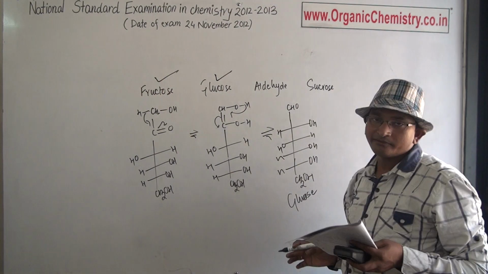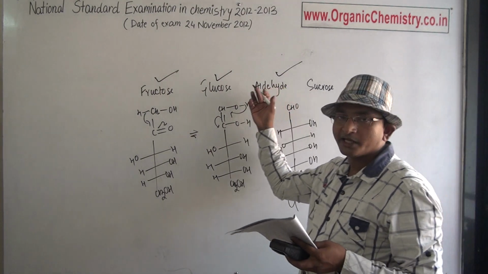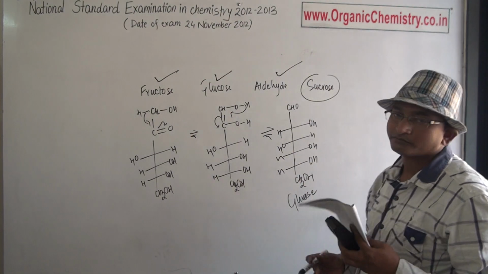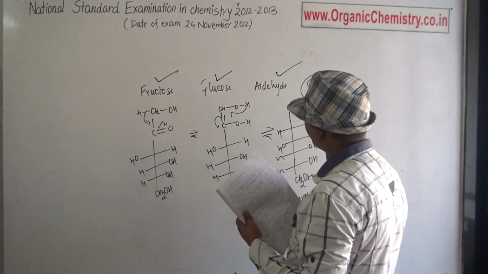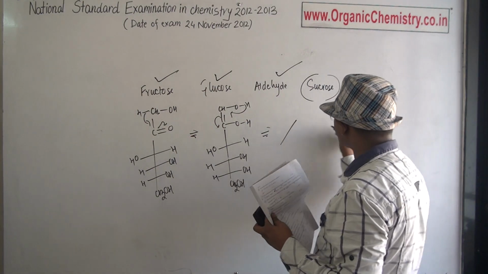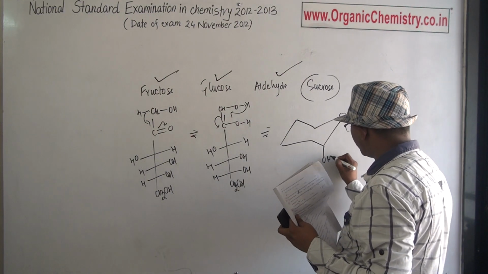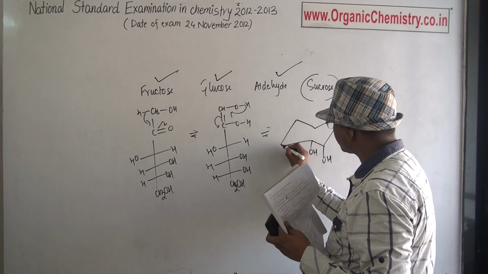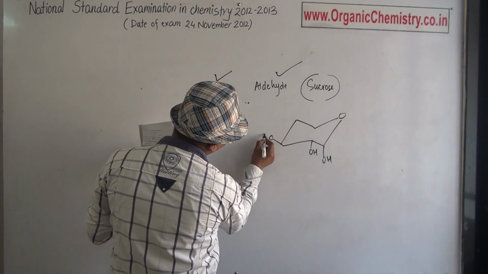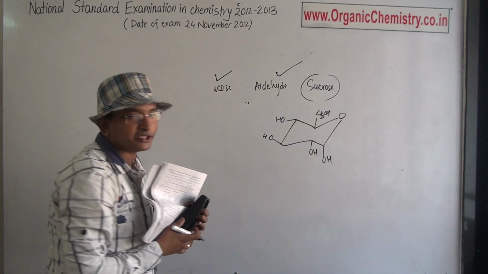This glucose has an aldehydic group, so it gives a positive test. As aldehyde is given, it is a general aldehyde, and this will also give a positive Benedict solution test. But this sucrose is formed by the reaction of glucose and fructose. This is glucose, with OH, OH, OH, OH and CH2OH. This is the cyclic structure of glucose.